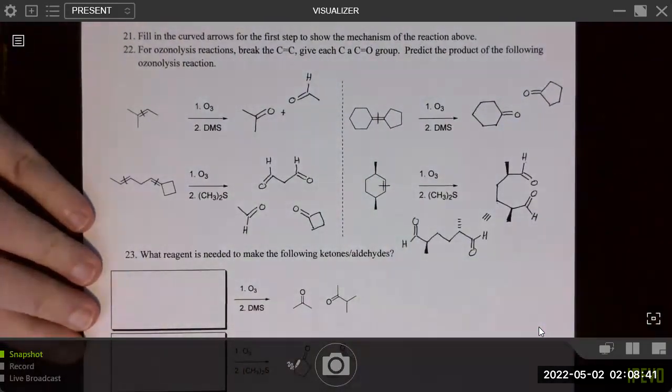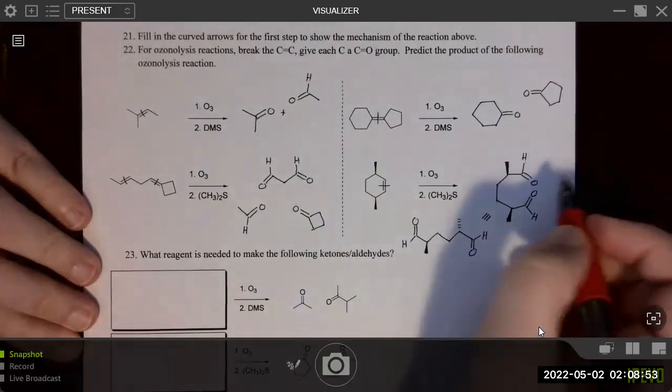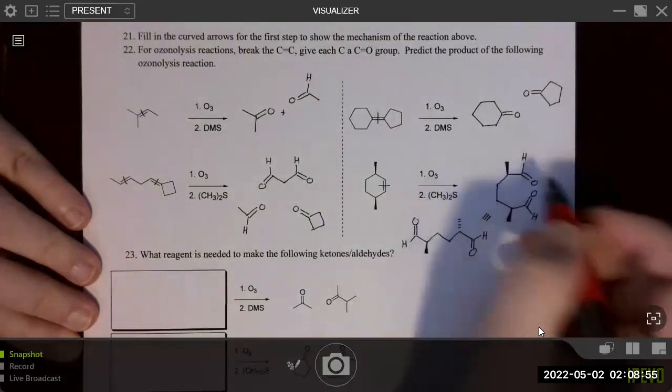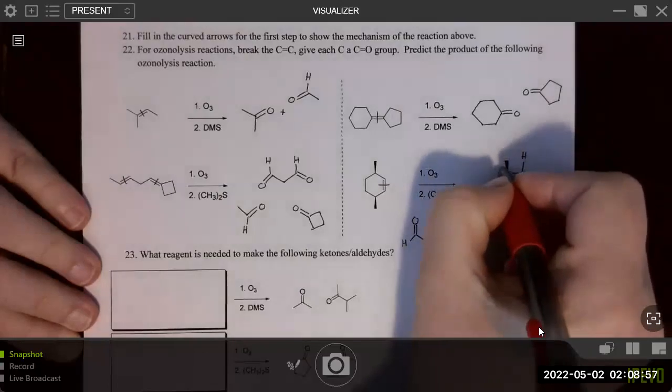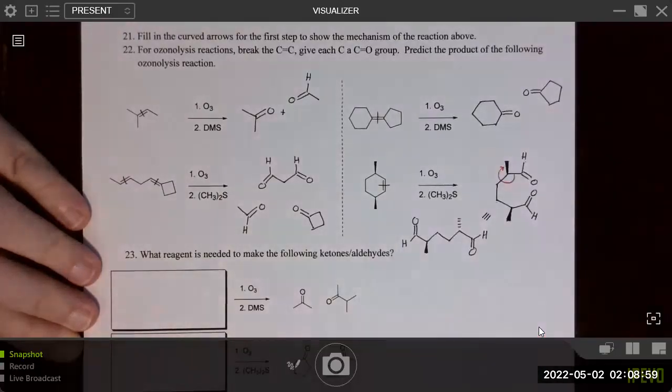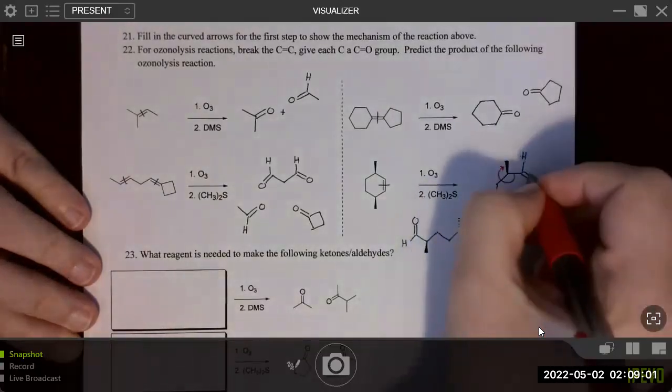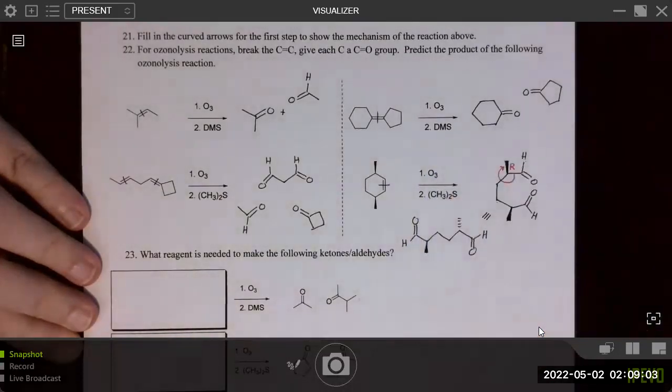And if you ever want to double check, remember that R and S should always work for you, right? Whatever it started with, it should stay that way. Otherwise, we can make a mistake. We can go ahead and double check that. So we have 1, 2, 3. Our hydrogen is pointing back, so clockwise and R.